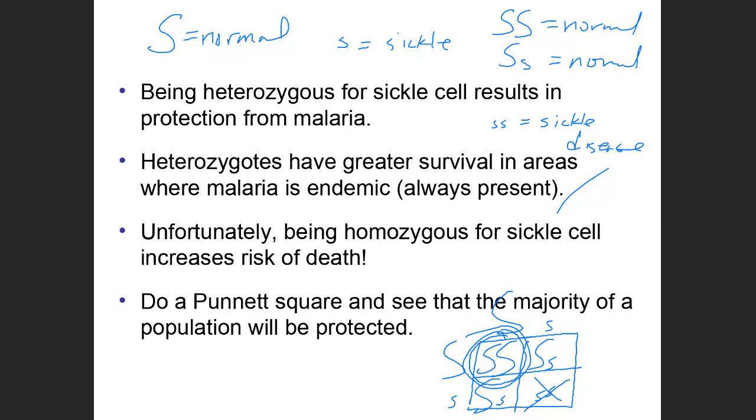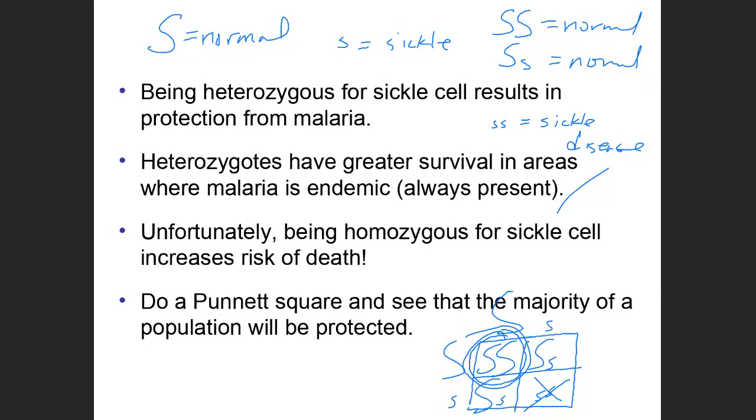Yes, but here's an example of evolution in action. Malaria was causing a lot of deaths of humans, so a mutation occurred which protected them against malaria. Yes, there was a negative consequence, but far fewer people would die from sickle cell disease than they would from malaria. So evolution resulted in a mutation that would protect the majority of the human beings living in an area that had a